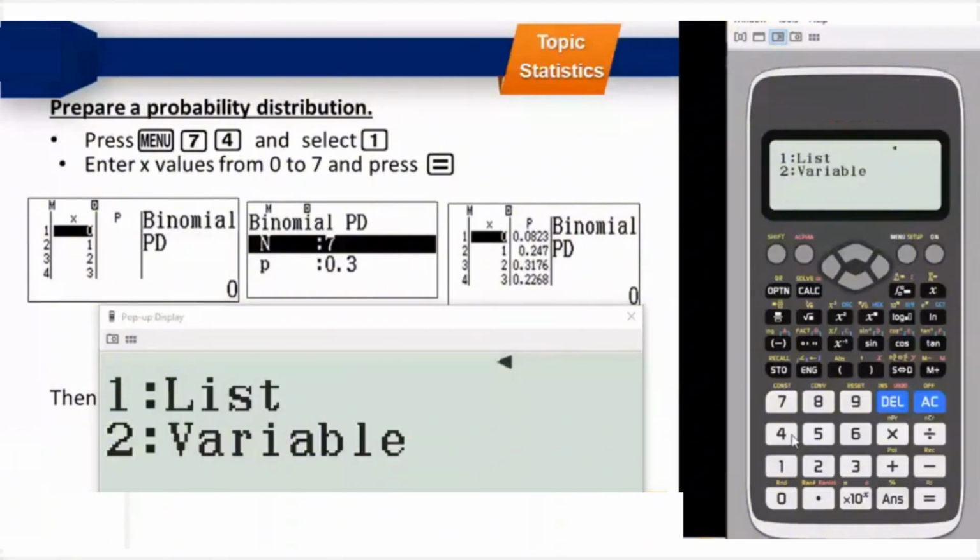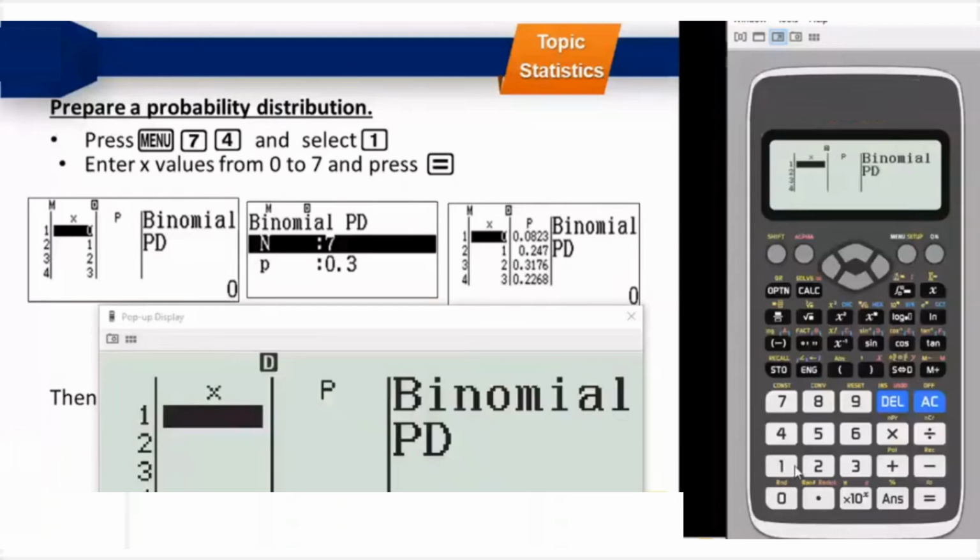You say list. Why list? Because you need the probability distribution table. Every time you need a distribution table, you need list. When you don't need the table, you just need to find the probability, then you click on variable. I hope by now this is clear. So I pressed the list button. When I press the list button, I will press equals to,